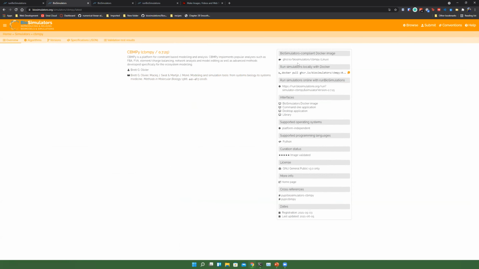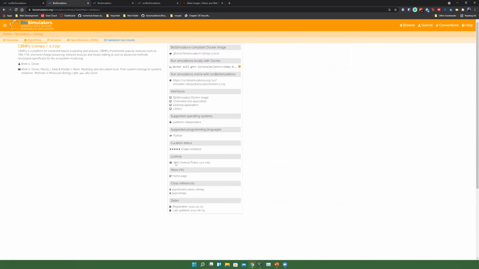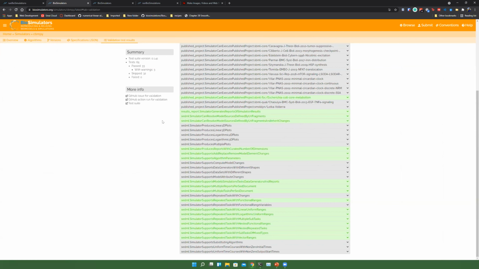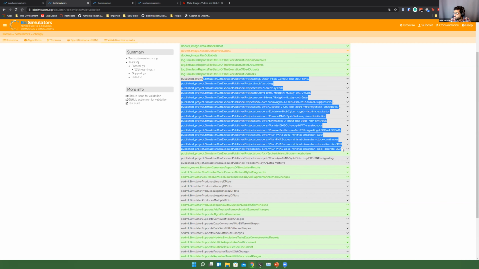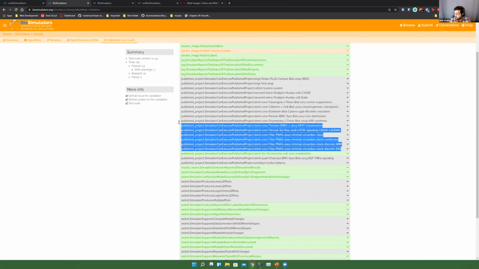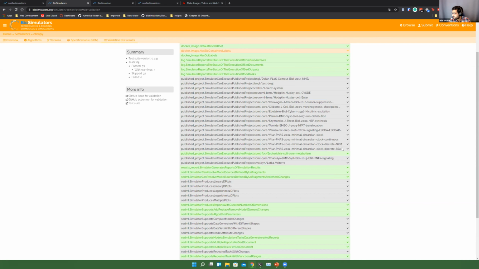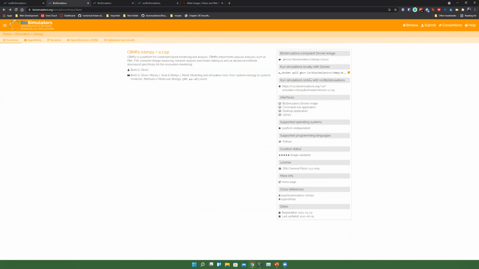So from here, are the greyed-out ones things that you just didn't run at all, or can't run, or don't make sense? Oh yeah, so the ones that are skipped essentially are things that don't really make sense in this case. So most of these are whether or not the simulator can run these particular models from BioModels. And I believe most of these are, well, so here's an SSA model, here is an ODE model, which doesn't make sense to run through a flux balance simulator. So that's why those are skipped. Got it, thanks. Yep.